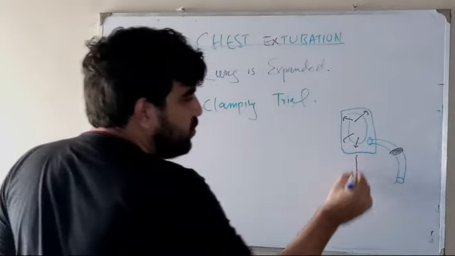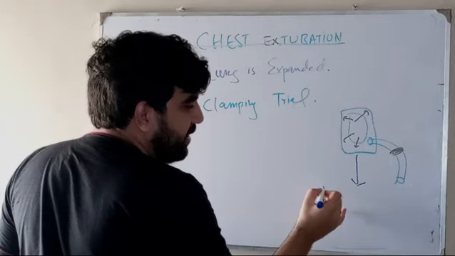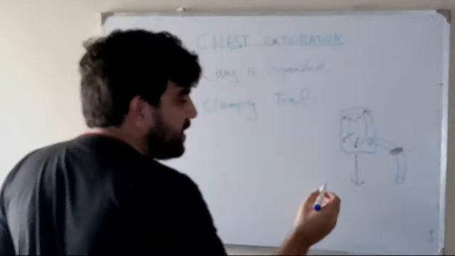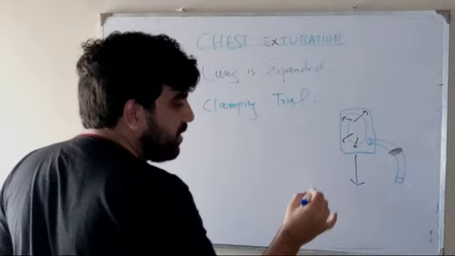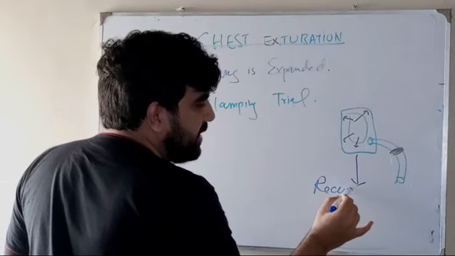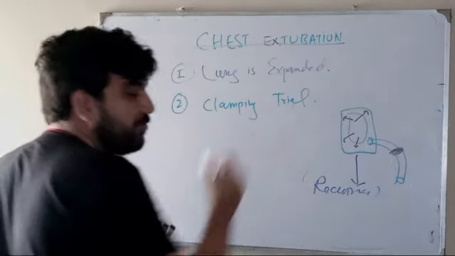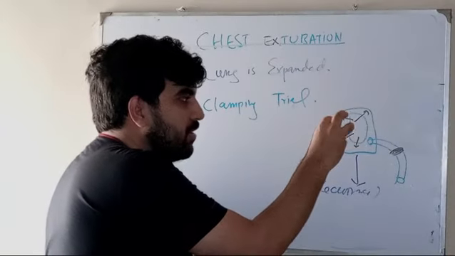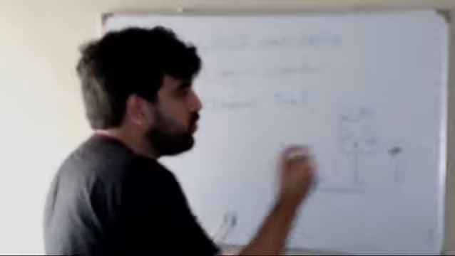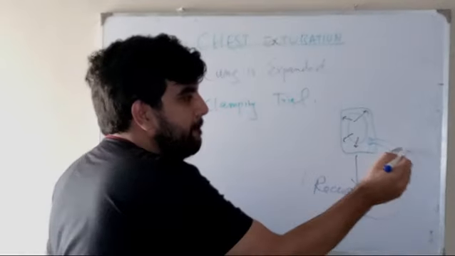Then you do an X-ray after some time and look for recurrence. If there is a recurrence of the pneumothorax and the lung is collapsing again, you remove that clamp